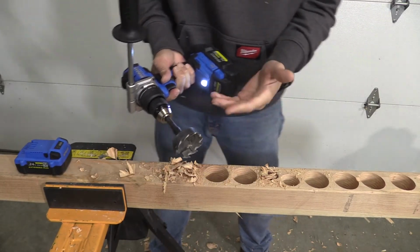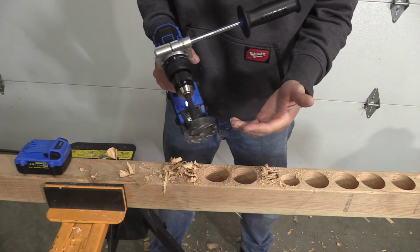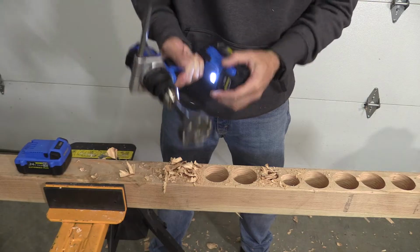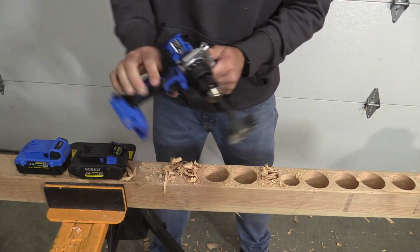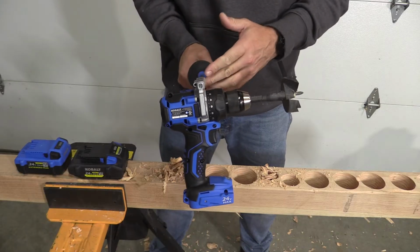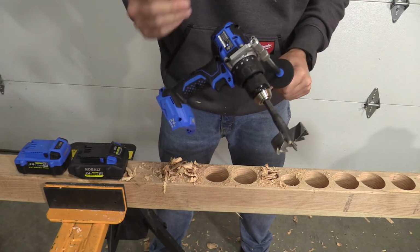Because we're in low, you probably don't see the difference here. Speed-wise, we're not changing a whole bunch, but I'll tell you there is a definite feel difference here of power when we get up to the ultimate. This drill is pretty amazing and very controllable, something that's going to be great for someone who's jumping in this